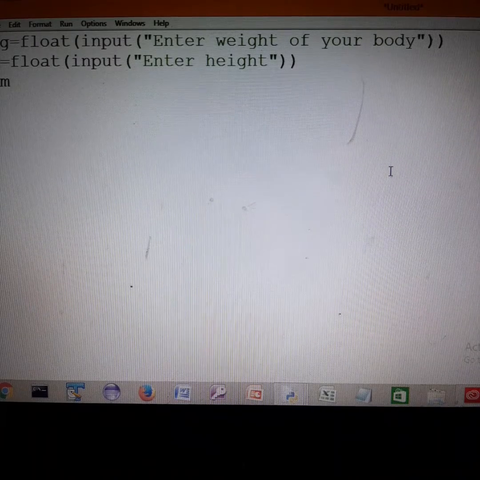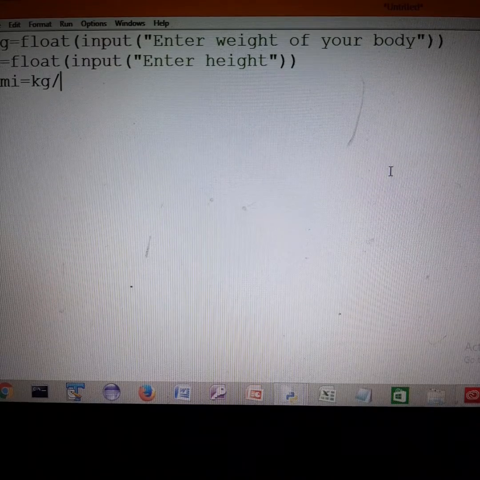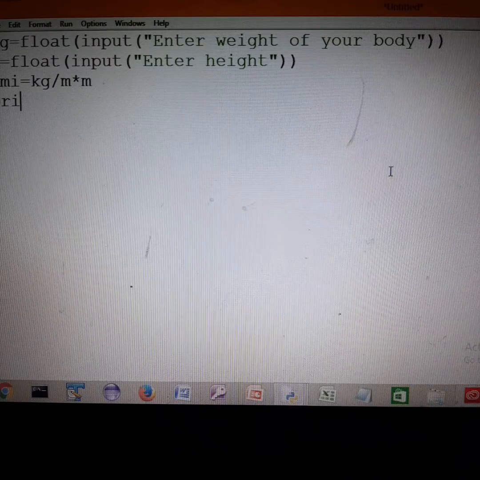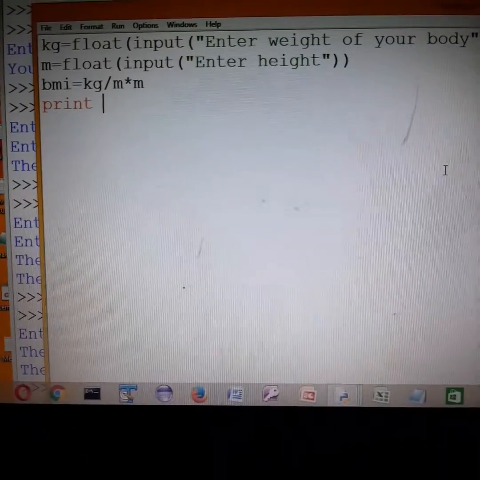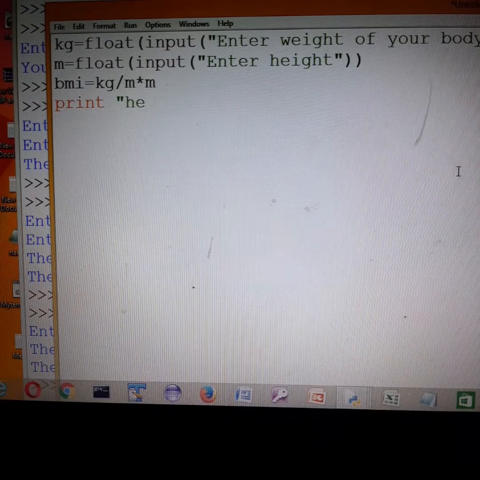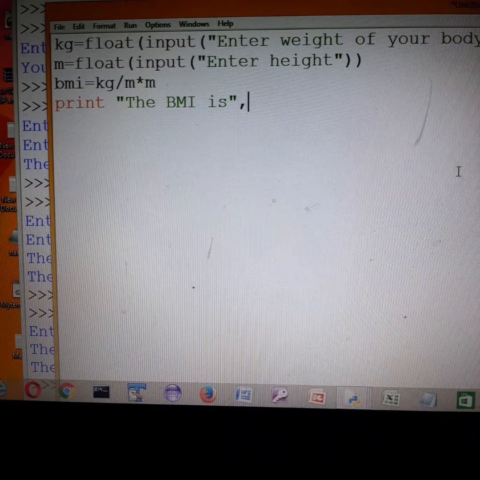So BMI is equal to kg upon m into m. And in print I can write here: the BMI is BMI.